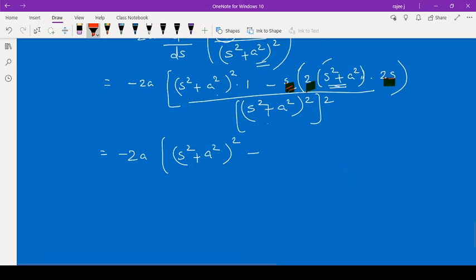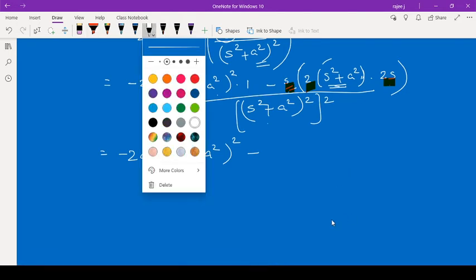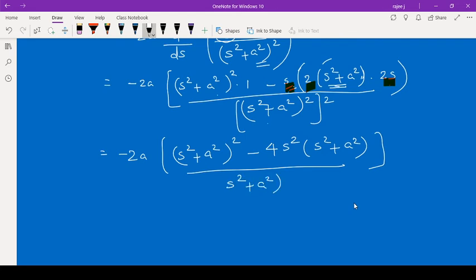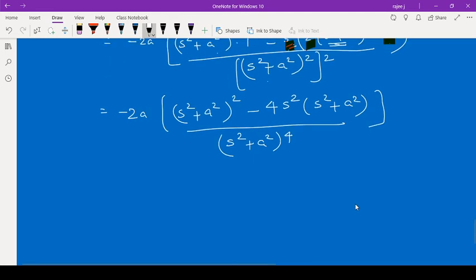Okay, all that 3 together, we will take there, so that is s into 2 into 2s, so that is 4s square, 4s square into s square plus a square. Okay, 4s square into s square plus a square divided by this denominator, that is s square plus a square the whole raised to 4, because here 2 into 2 it is 4,